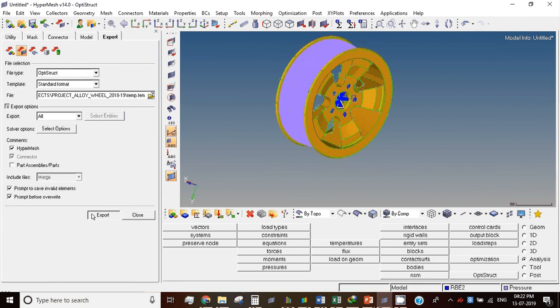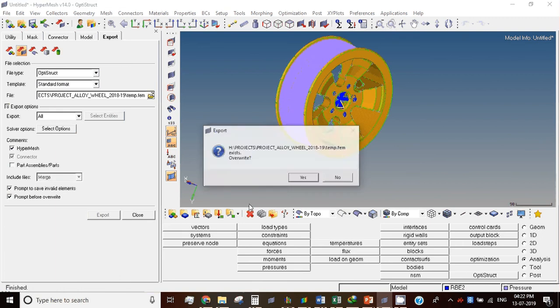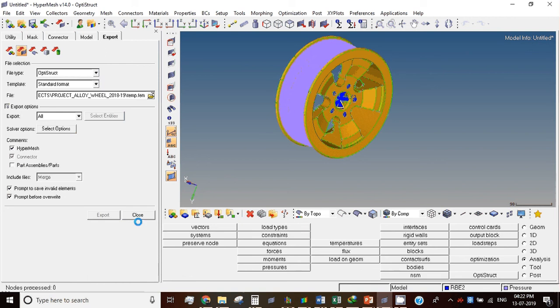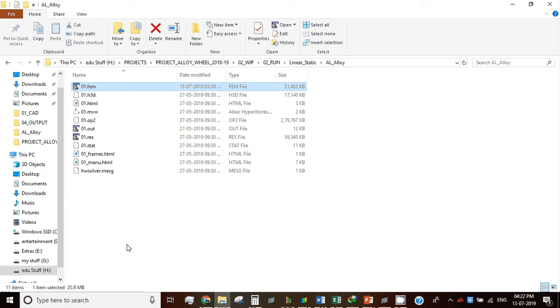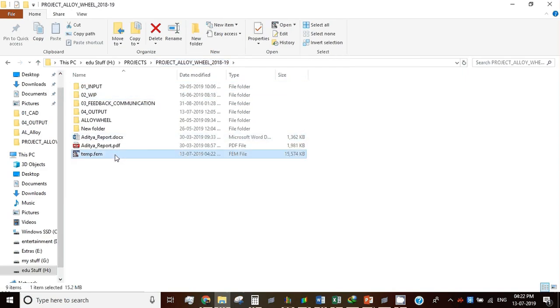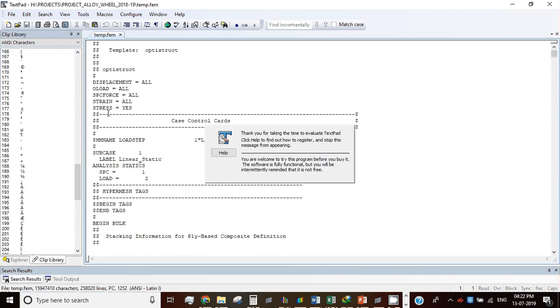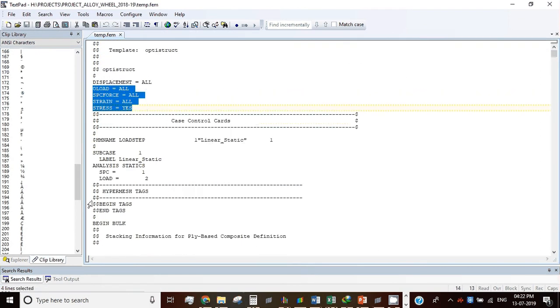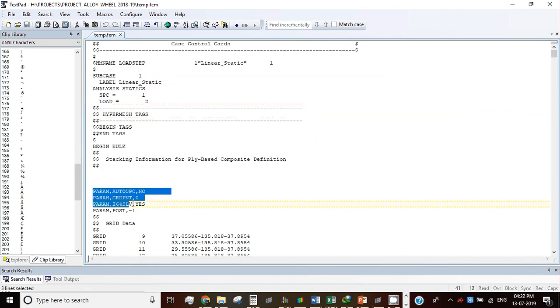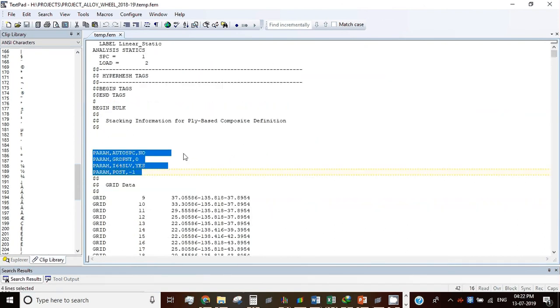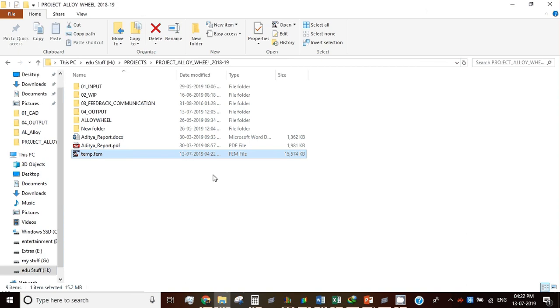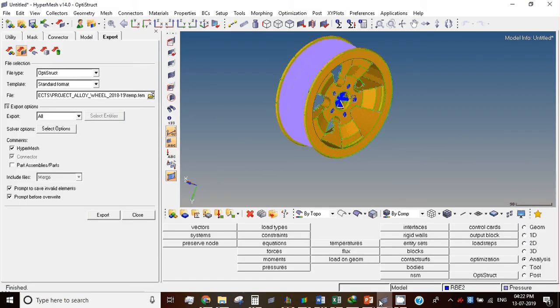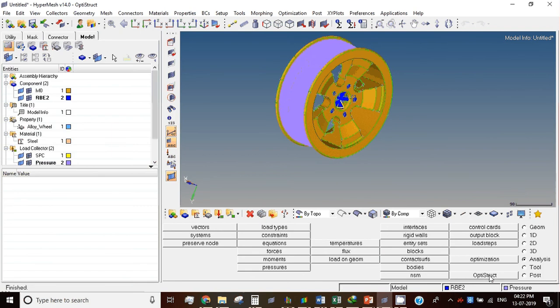Okay, if you are not sure whether something has happened, give only small, overwrite it, no problem. It has overwritten the file, so you have temp. Okay, you have all the options. See, displacement is equal to all, automatically. You don't have to worry about it. PARAM card AUTOSPC no, everything is automatic. You don't have to worry. Okay, directly you can do this instead of writing all those things. Now this completes the linear static analysis.